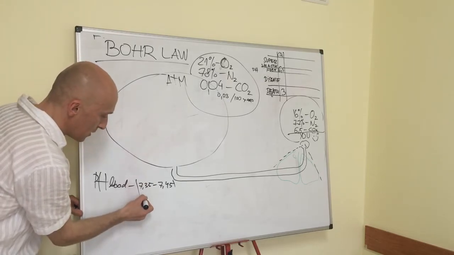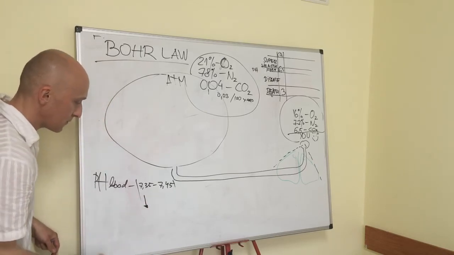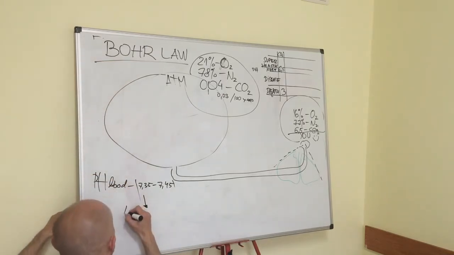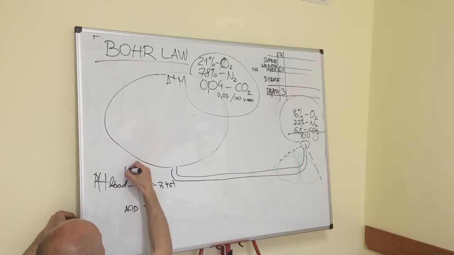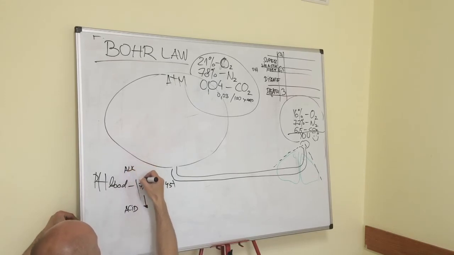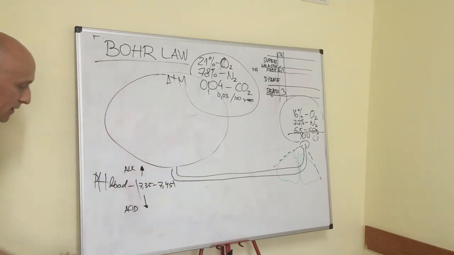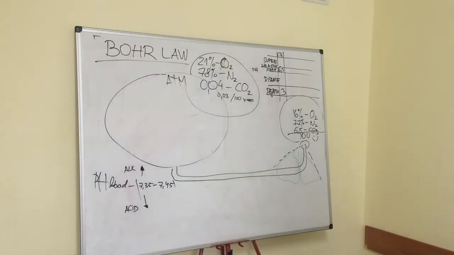When it goes down, you know, it's acidity, acid, and here we have alkalic, okay? This one we call acidosis, it goes acidosis, and it actually affects immunity, it affects how the nutrients are distributed